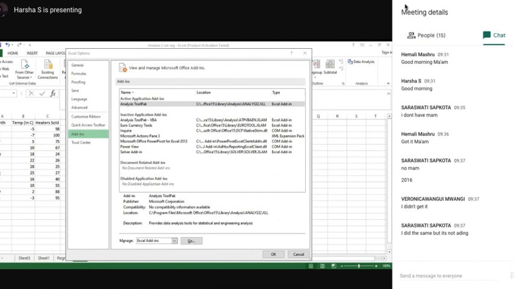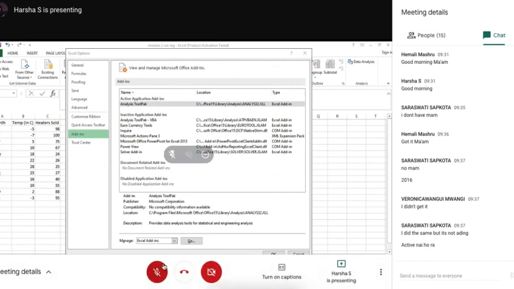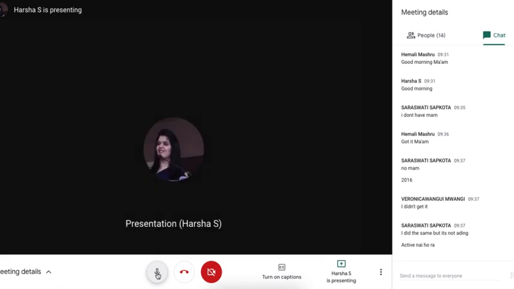Okay, Veronica says I am not getting it. I did the same, but it's not adding up. Okay. Gaurav, can students share their screen? Can we allow them? Yes, ma'am, they can. Okay, so I'm just stopping sharing. Saraswati, just try sharing your screen.